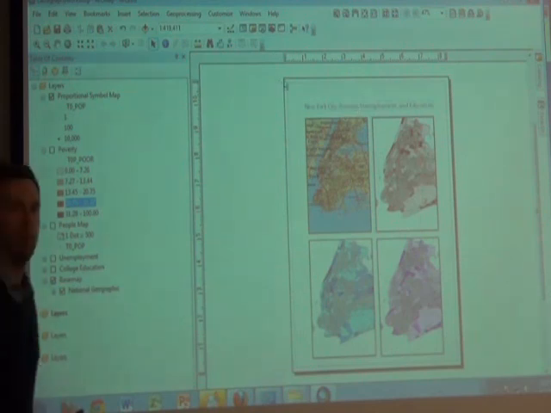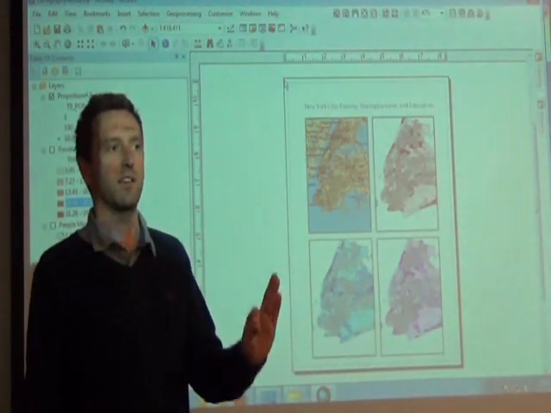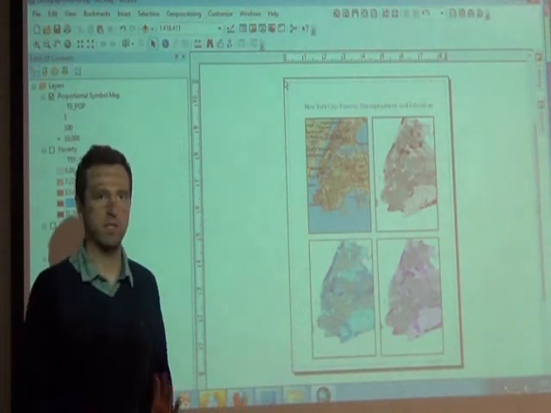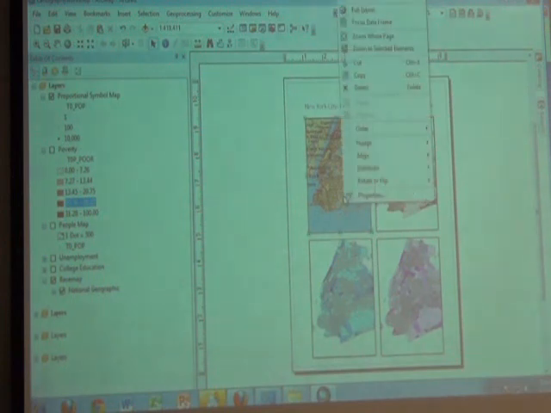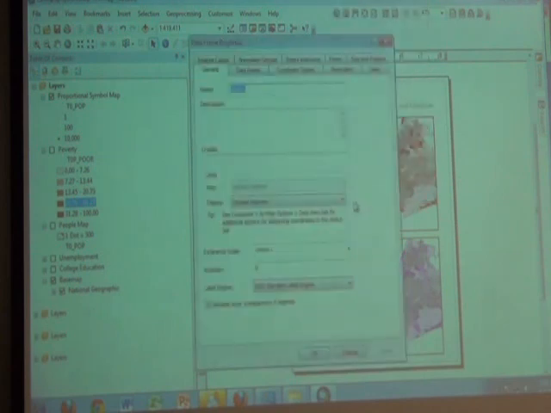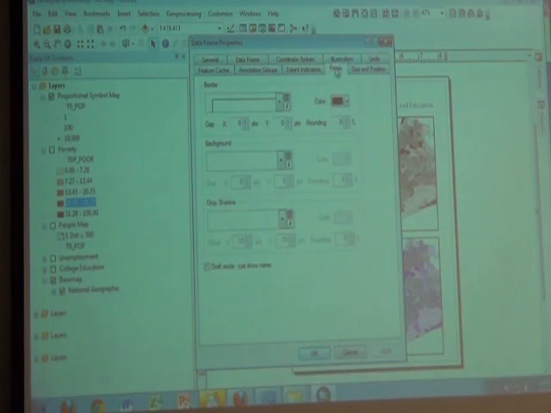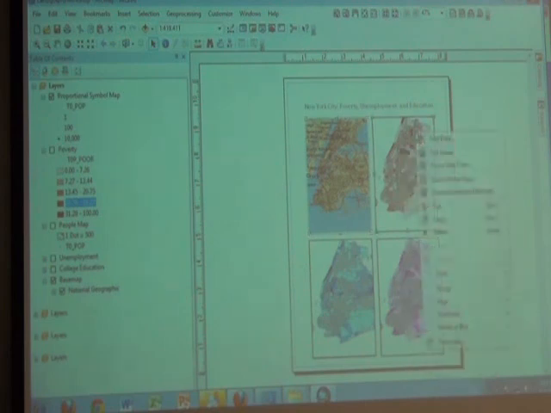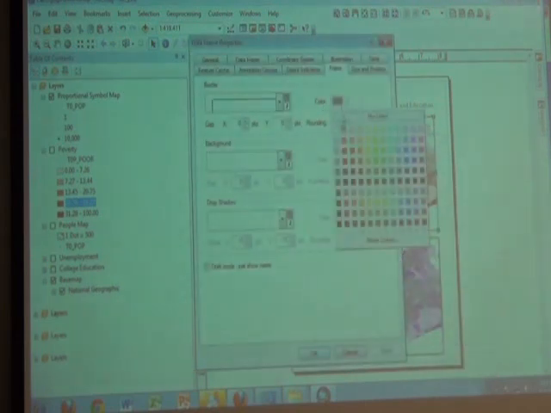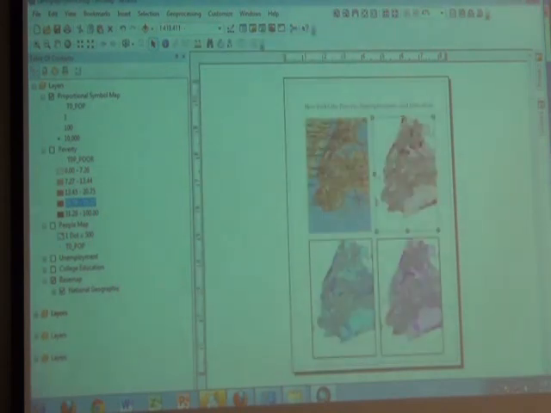Another thing I want to do is, remember, I'm a huge advocate of using gray instead of black, and these big black rectangles bother me. So one of the things I want to do is change the data frame border from black to gray. If I right click on any of the data frames and choose properties and choose, I think it is, the frame tab, I can either choose to have no border or a very light gray border, and I'm choosing a light gray border. I'm going to do that to all four of my map frames. So how to increase